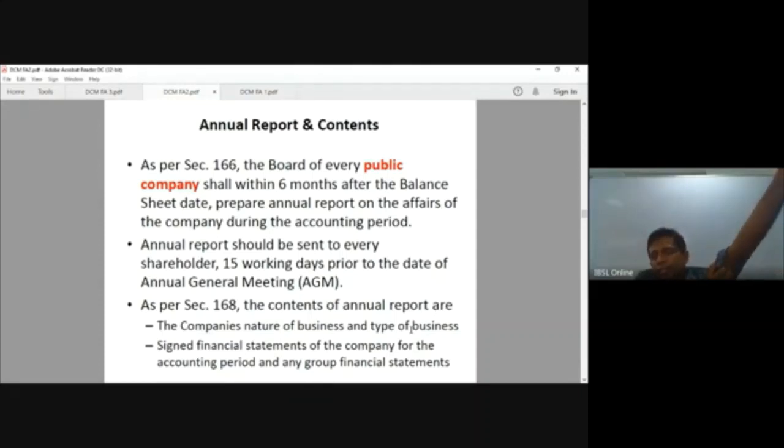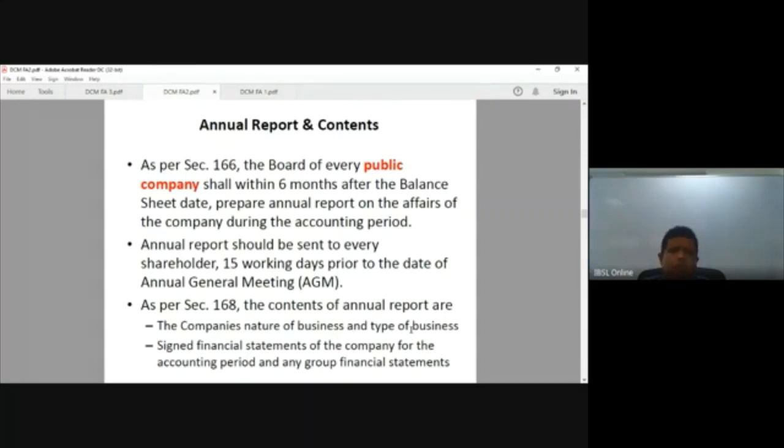Normally every bank has its AGM before the 31st March, because their financial year ends on 31st December. In order to have the AGM before 31st March, they should send this annual report document 15 working days earlier, right? If you take 15 working days, and take all the holidays into account,